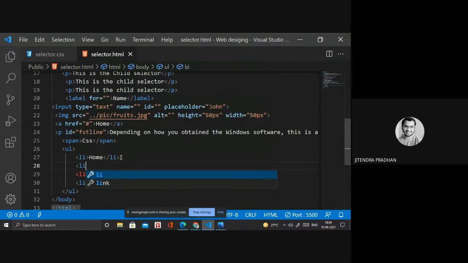Every one of these li items I want to convert into a navbar. So how? Let's see.